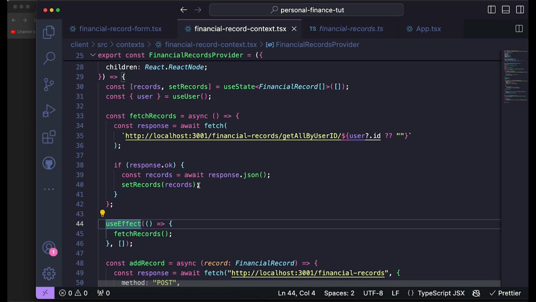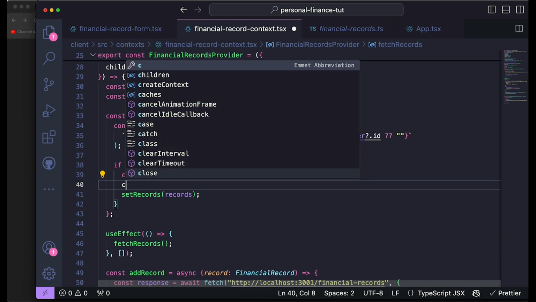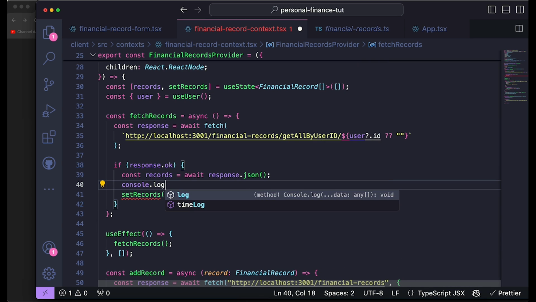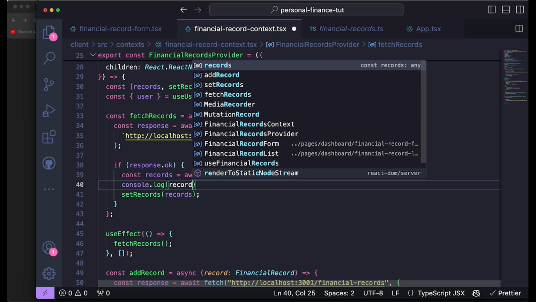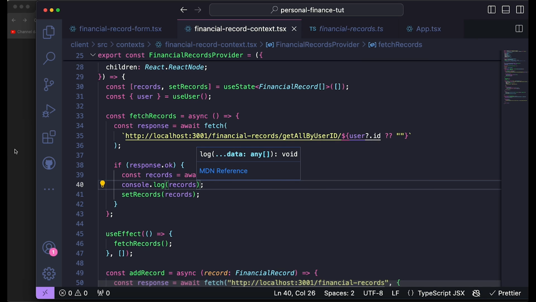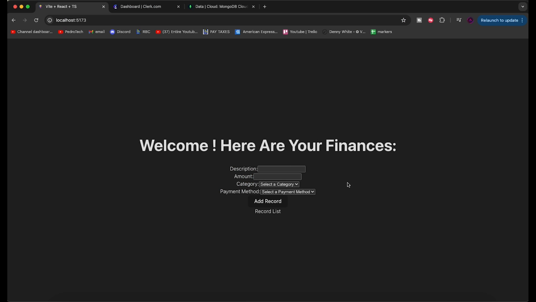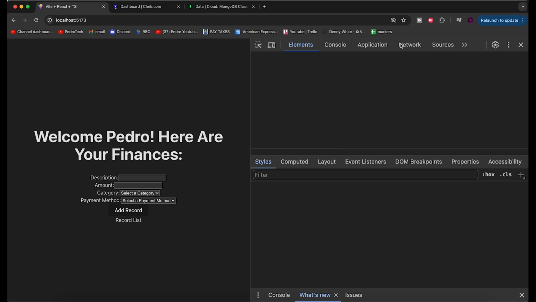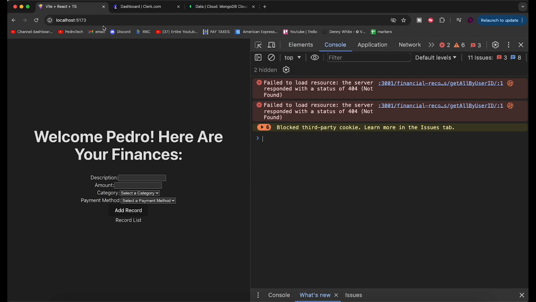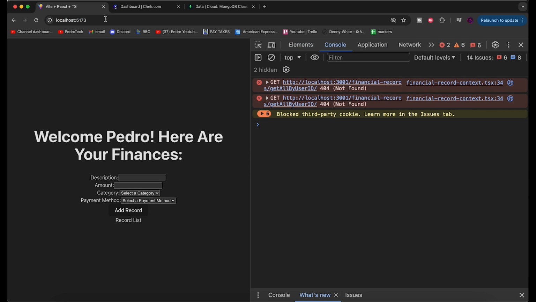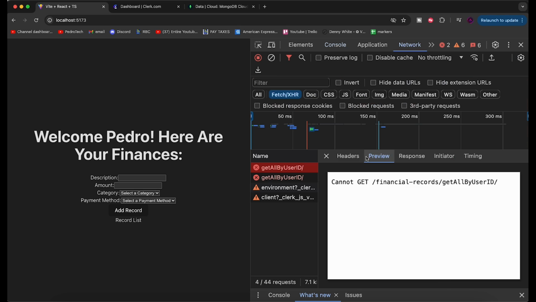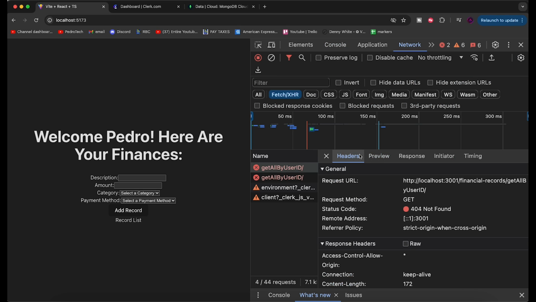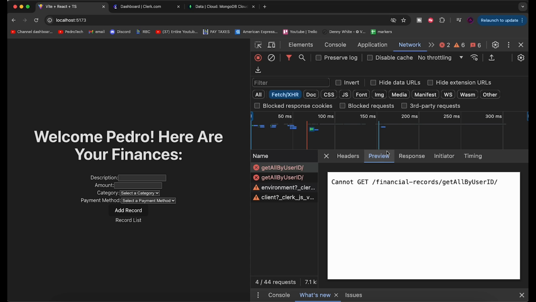And now nothing is happening, but we can actually console log the records that we get back. It will run immediately. So if I refresh this and look at my console log, we should see the only record that we have actually console logged, or not. It seems to be causing an issue